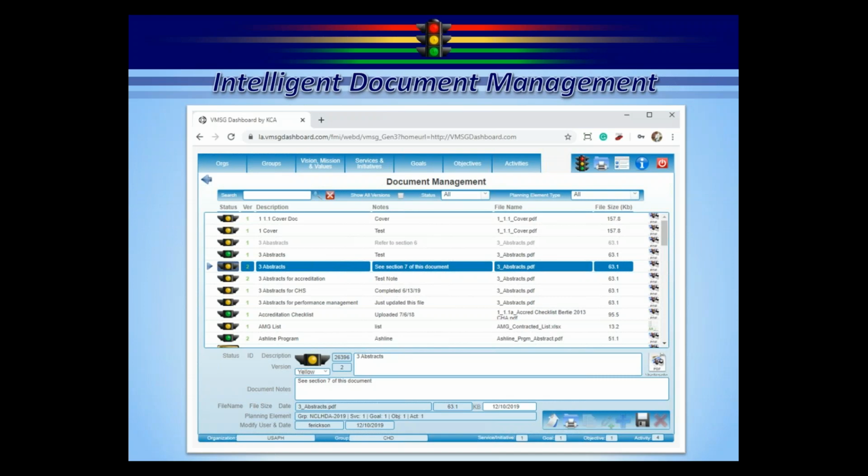You know where they are, you know when they expire, and you just drag them out of here and shove them up into EFAB when you're ready to submit them in here.